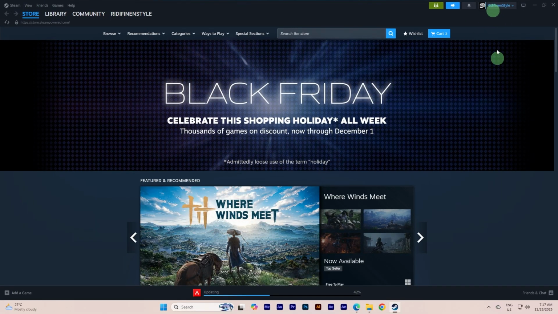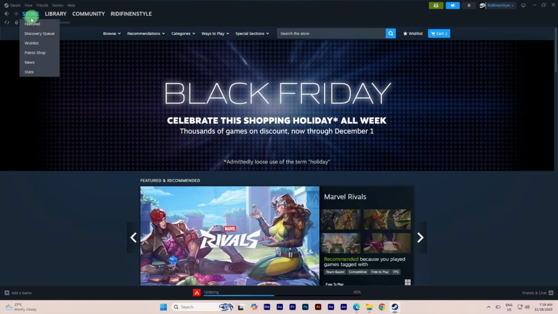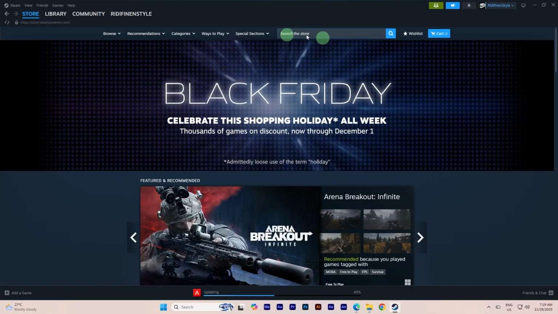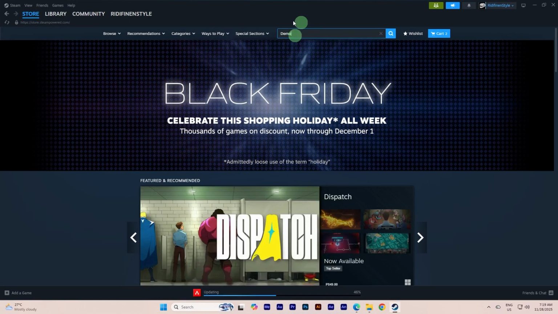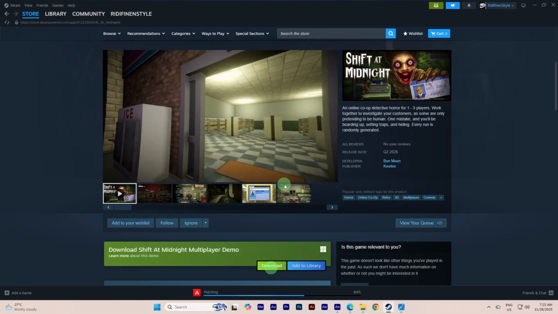In the top left corner, click the Store tab. Click inside the search bar at the top of the store page. Type demo or the name of the game you want to check for a demo and press enter to show the search results. Then, if you saw download demo, click on it, or you can click on the browse, then